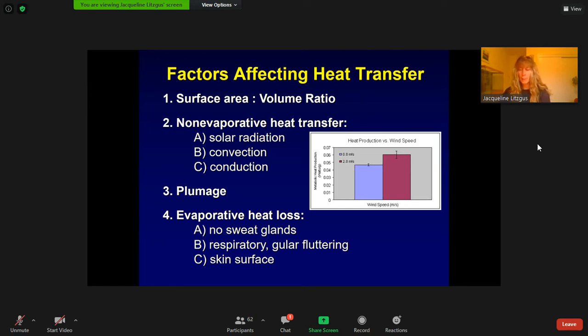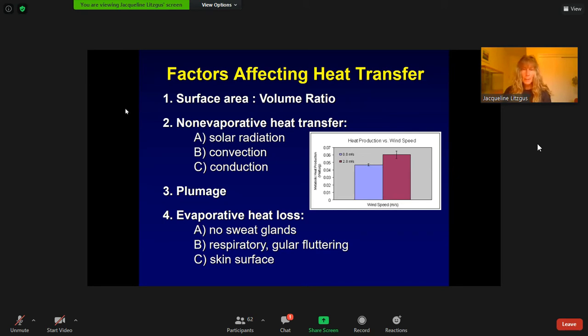There's also non-evaporative heat transfer, which can occur by 3 different processes. And we've talked a little bit about these before already. So the first is solar radiation, right? This is the direct or reflected radiation. It can be reflected off things in the environment. So this is the transfer of heat by electromagnetic radiation, the solar radiation, but without direct contact between the bird's body and surfaces in the environment, right? You already know that that's conduction. Again, solar radiation, just receiving that radiation from the sun. So the bird gains heat if the temperature of its surroundings is higher than its skin or its feathers, right? So if the hot solar radiation is warmer than the bird's body temperature, the bird's going to take in that